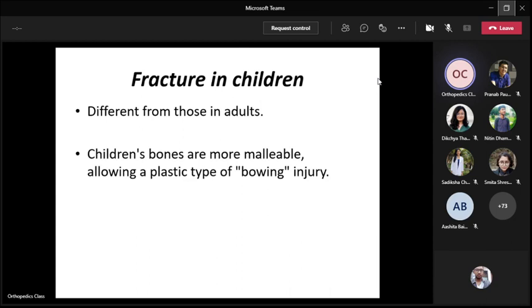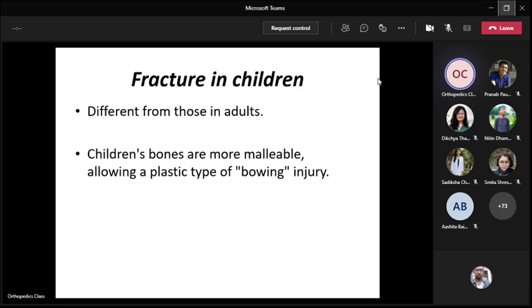Something a little bit about fractures in children. Why are children different from adults? Because their bones are in the growing age group. Their bones are different from adults, and they have epiphysis, growth plate, metaphysis, which have not fused. That's why we have to look for all those things, to avoid the complications of fractures, which may result in growth arrest and deformity. So pediatric fractures and adult fractures are different.